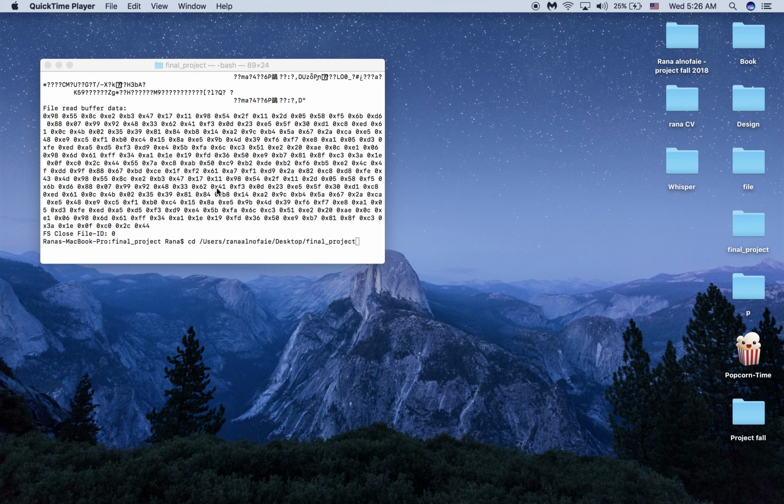Now I will do that in the terminal, the command. So at the beginning, we run the command on the Mac PC. We write the path of the folder that has the code in C. So we write cd slash user, then the user of the PC, then the disk and the final project,